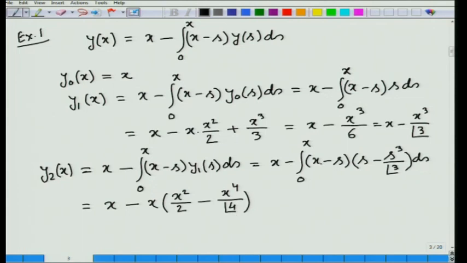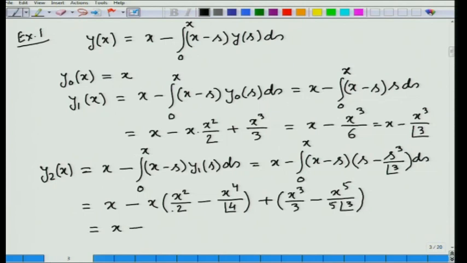Then this minus combined with this minus gives us plus, and here the integrand is a square and s to the power 4 by 3. So, we will be having x cube divided by 3 minus x to the power 5 divided by 5 into factorial 3. Now, here you can check the calculation, and just for your understanding